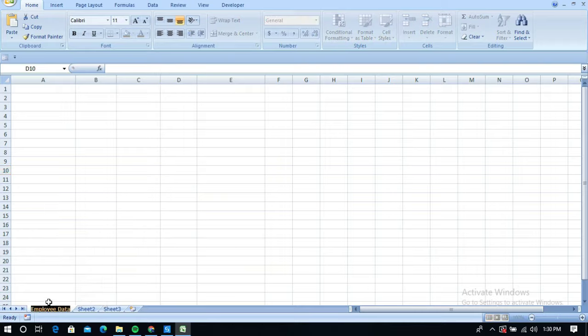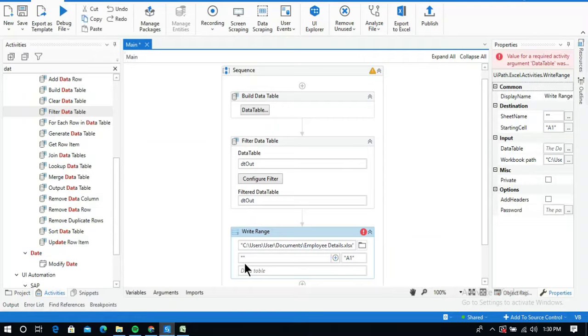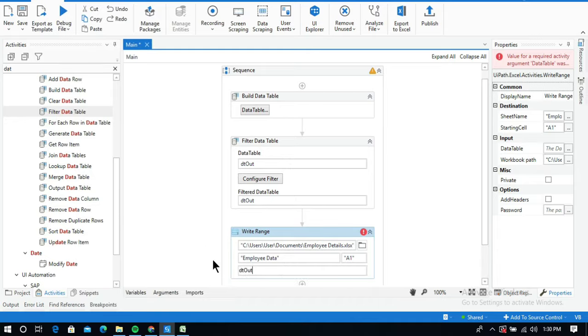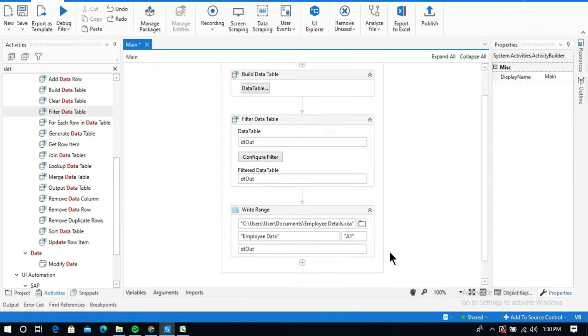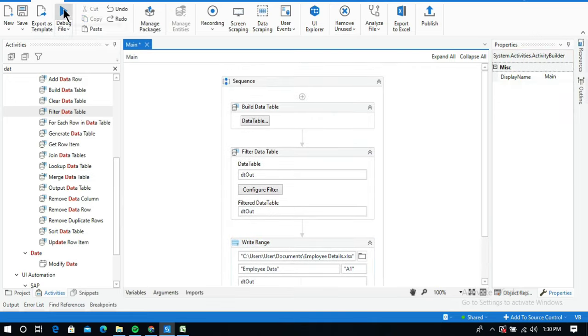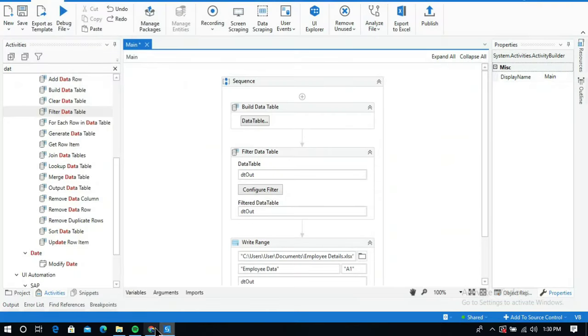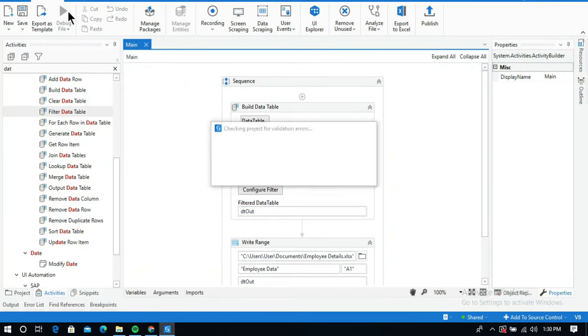I will copy this with Ctrl C, and in UiPath Studio, within quotations, I will paste the sheet name. It is going to store the filtered data in this Excel sheet, and I need to pass the data table name dt out. Let me first close this, and now let me run this process.